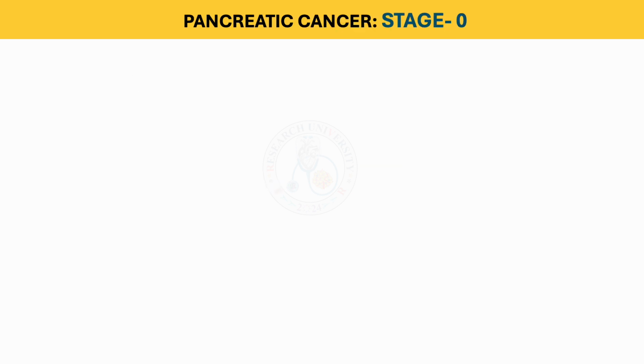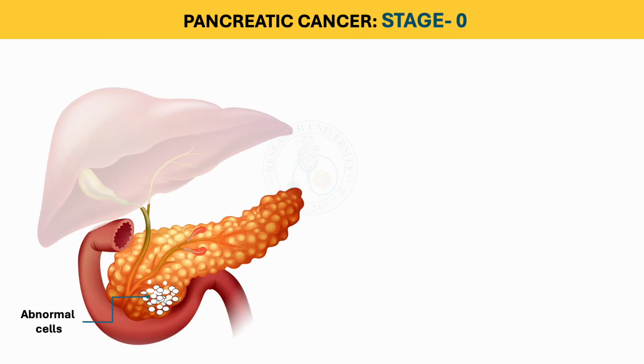Now we can see the stages of the cancer. First one is stage 0. Pancreatic cancer at this stage, also known as carcinoma in situ, involves the presence of abnormal cells in the lining of the pancreas. While these cells have the potential to become cancerous, they have not yet invaded nearby normal tissue or spread to other parts of the body. Early detection and intervention are key factors for preventing further progression